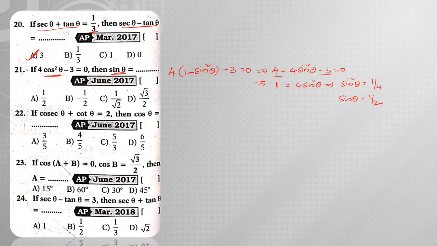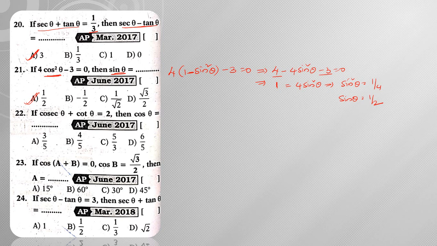So we are going to get two values here, plus or minus 1 by 2. So if it is first quadrant, then it gives me plus 1 by 2. If it is first and second quadrant, then it is plus 1 by 2. If it belongs to third and fourth quadrants, then it is minus 1 by 2. Right? Next, moving on to question number 22.